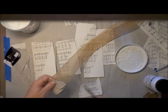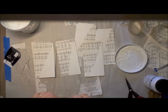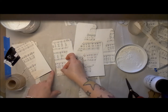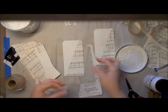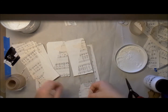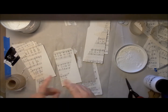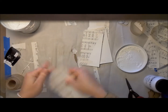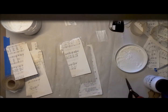Now I've pulled out some gesso. It's the Blick version of gesso, and I've also got this drywall tape that comes in this very cool perforated pattern. It's a lot like Punchinella, but it's paper based, and it's sticky, and the holes in it are super small. I'm using that to add some extra texture, and I'm putting about, I think, 2 pieces on each tag. And now I've got my gesso out, and I was trying to use a Ranger